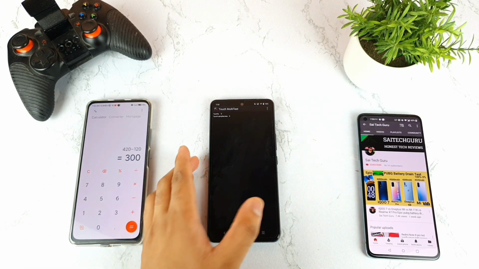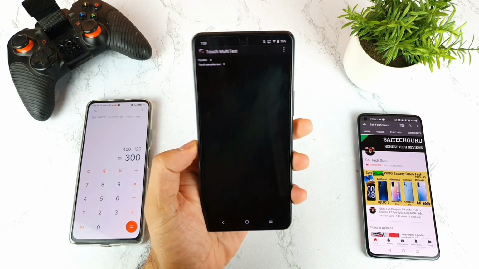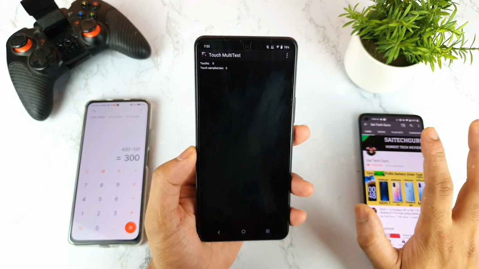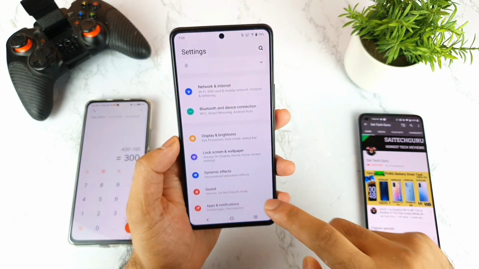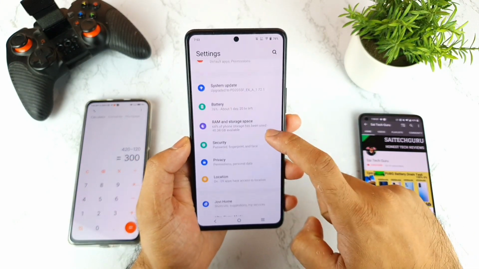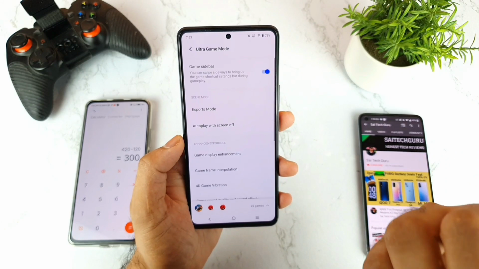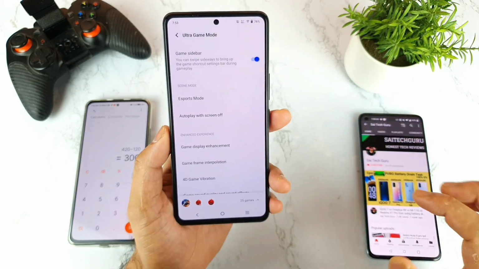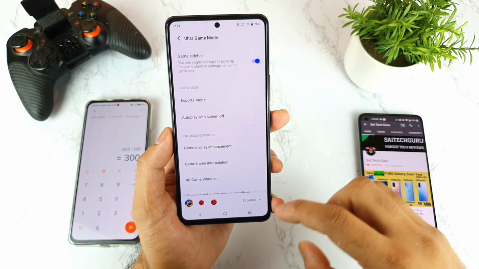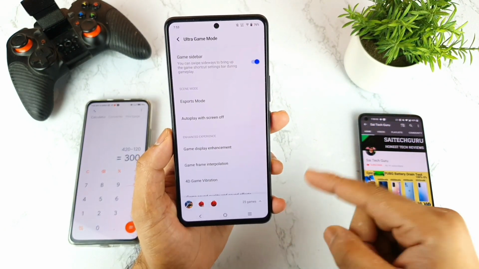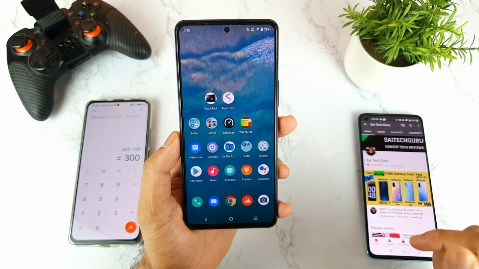So finally, yes, the IQ7 supports the touch sampling rate of 300 Hz, so no need to worry at all. But the only thing is that you need to use those applications in this Ultra Game mode in case you want to experience a really faster, instant touch sampling rate. That is what I'll recommend, friends. So try to add not only games, even applications as well. You can add a number of applications in this mode directly without much problem.